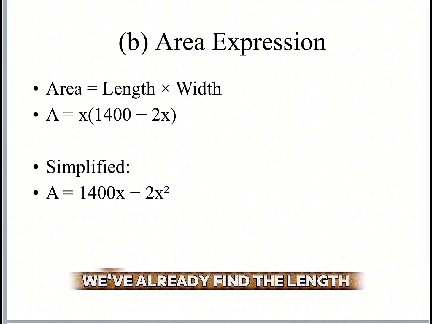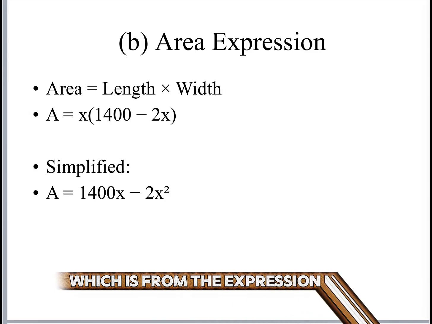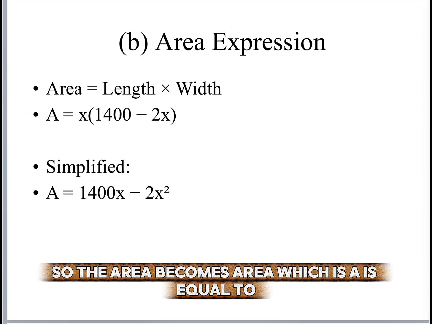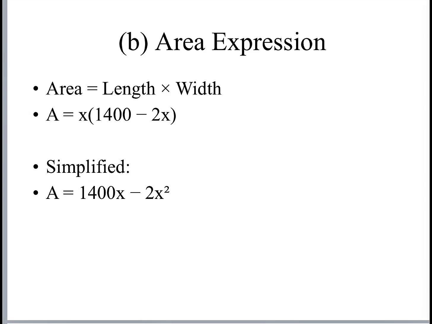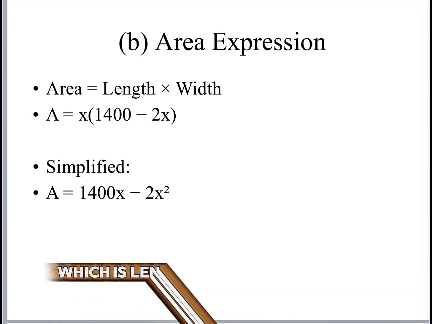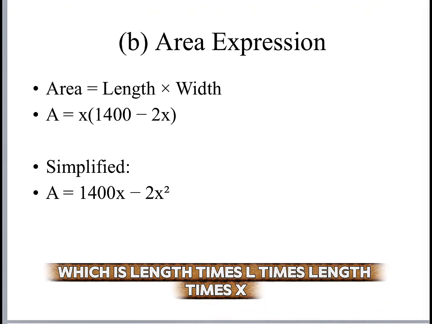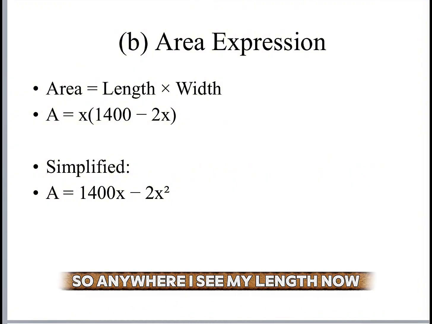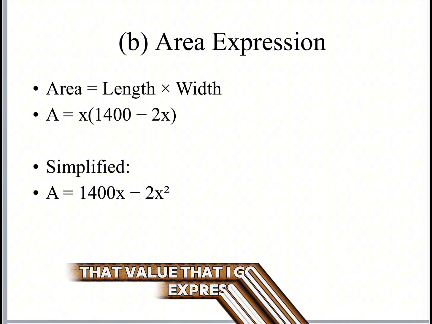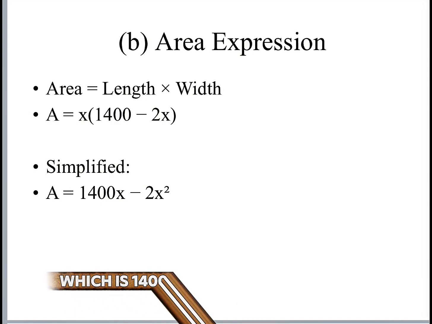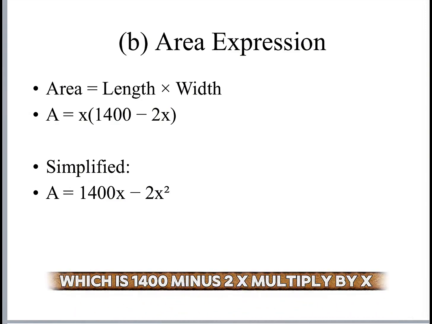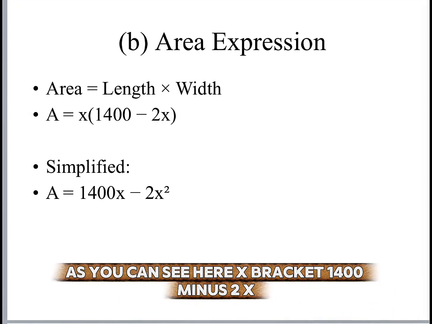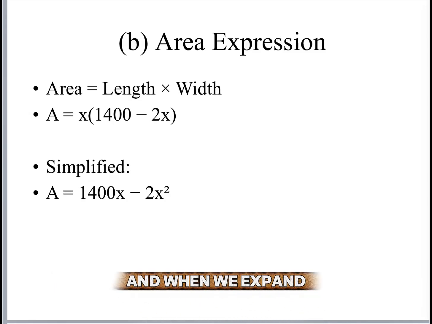So the area A is equal to length times width, which is L times X. Anywhere I see my length, I put in the expression 1400 minus 2X, multiplied by X. As you can see here, X bracket 1400 minus 2X. And when we expand,